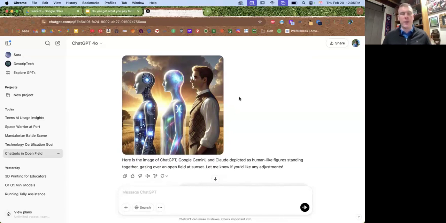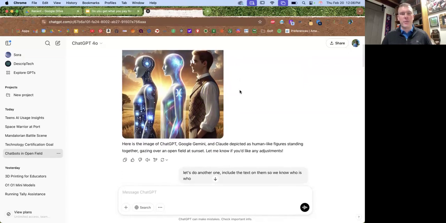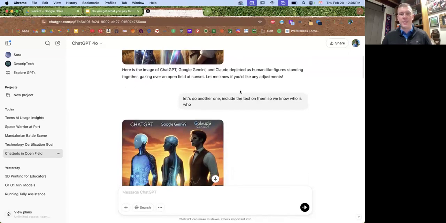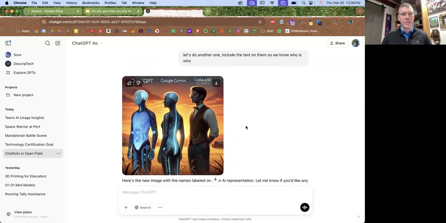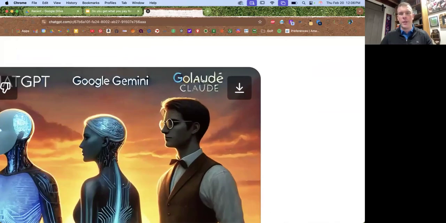You can't go any further. But with the paid version, we can keep asking it. So I didn't really like this one. I thought, well, let's include the text, right? And so we asked it to know who's who. So then it created the text and put the text at the top, even though